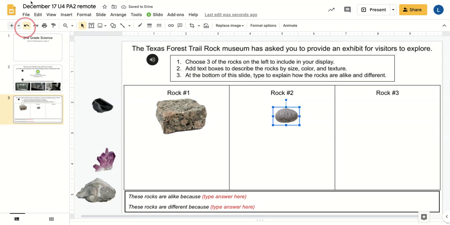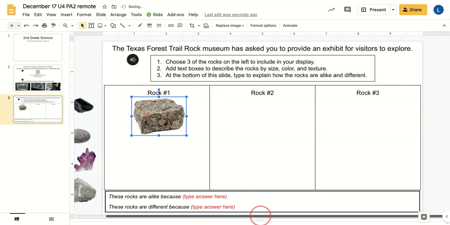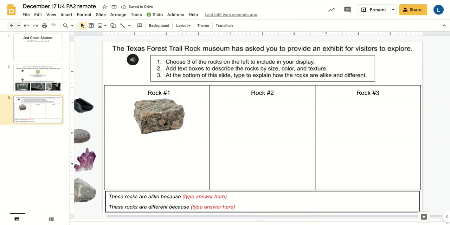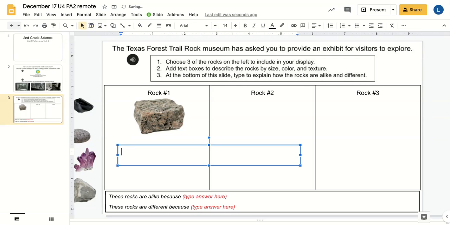Okay? The second thing is to add text boxes to describe your rocks. So let's say I had this rock right here. To add a text box to describe this, I will click on the text box option right here at the top in the toolbar, and then just click wherever I want to add my text box, and I can change the size of that if I need to. So I can describe it by size, color, and texture, and then you would put your information here